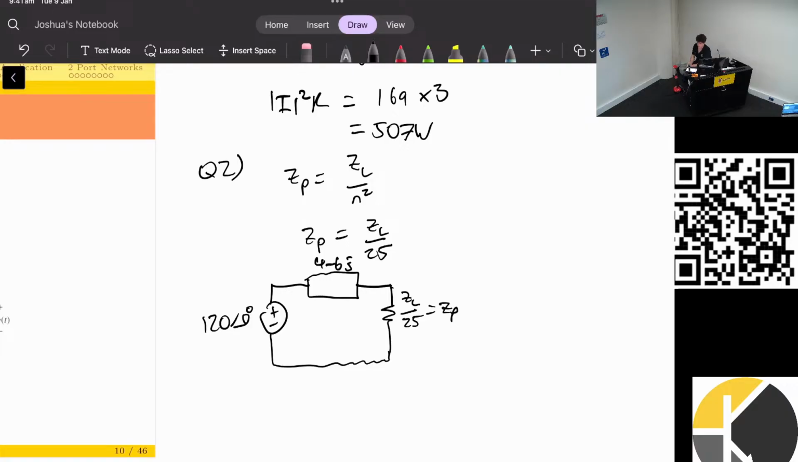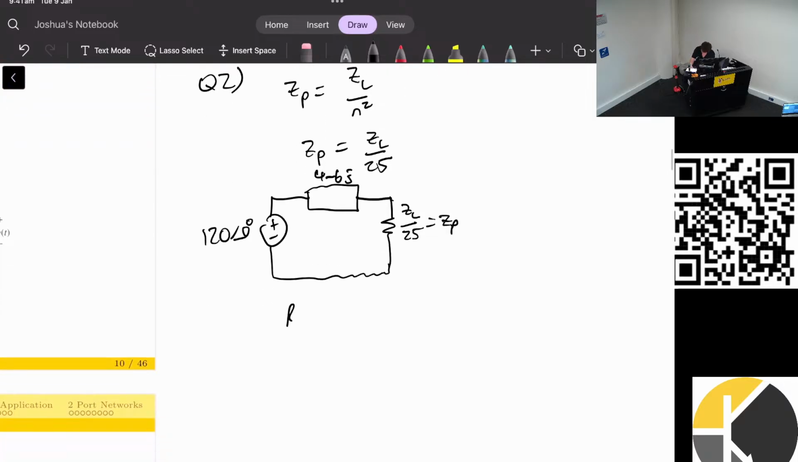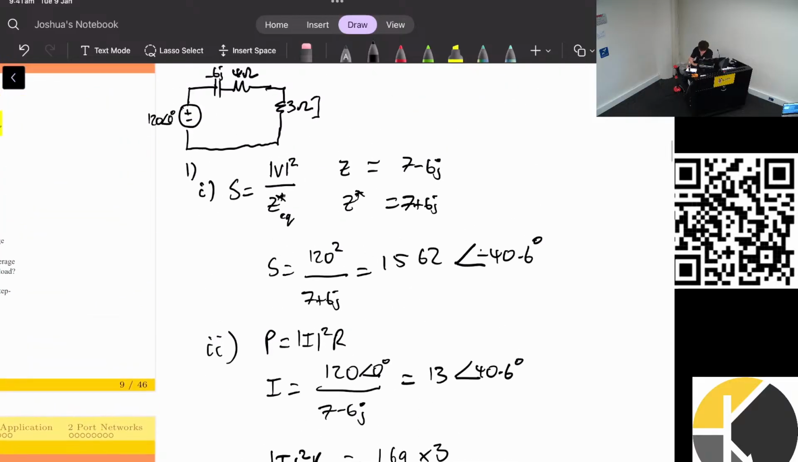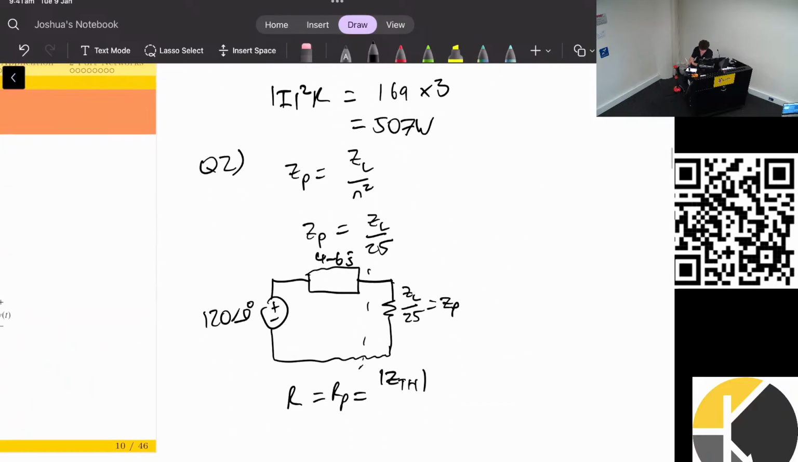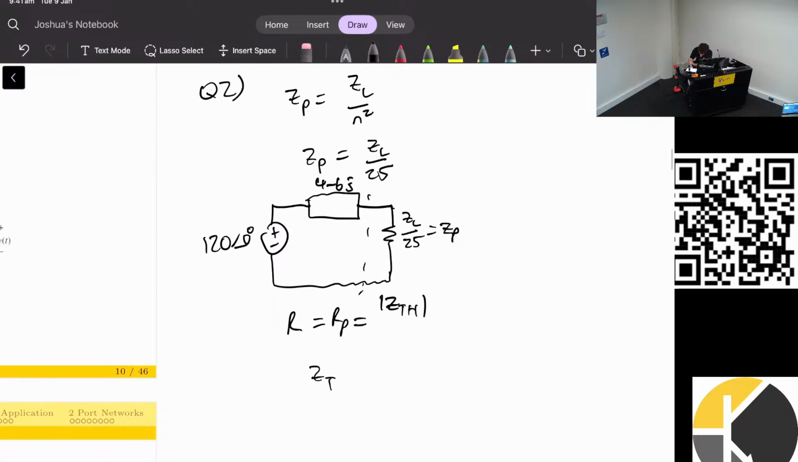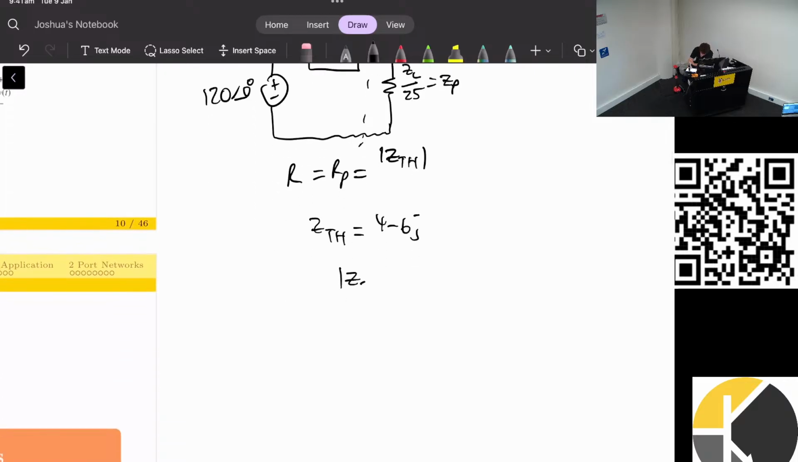Okay, now what does this look like? What do you need for a maximum power transfer for a resistive load? The answer is we need this load, R, or ZP in this case, or RP, to be equal to the absolute value of Z Thevenin. We can see that very nicely in the setup, as we already have our value of Z Thevenin, since this is already a Thevenin circuit. So Z Thevenin is equal to 4 minus 6j, which means our absolute value of Z Thevenin is equal to